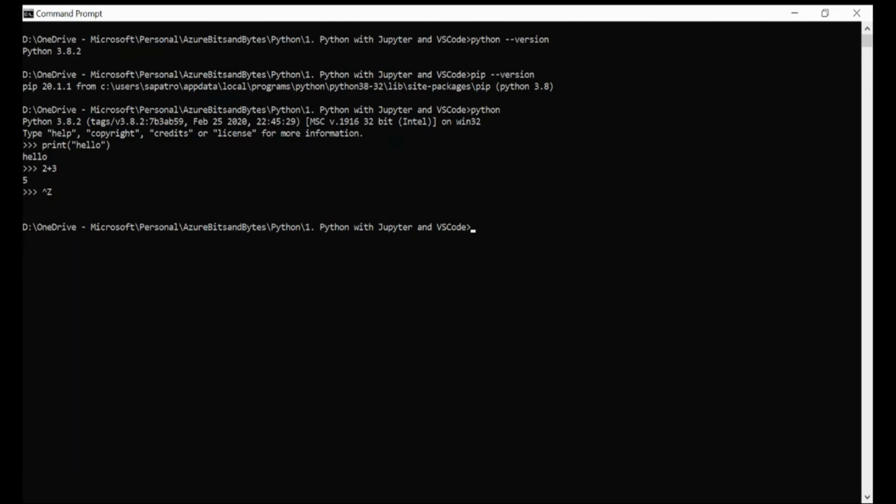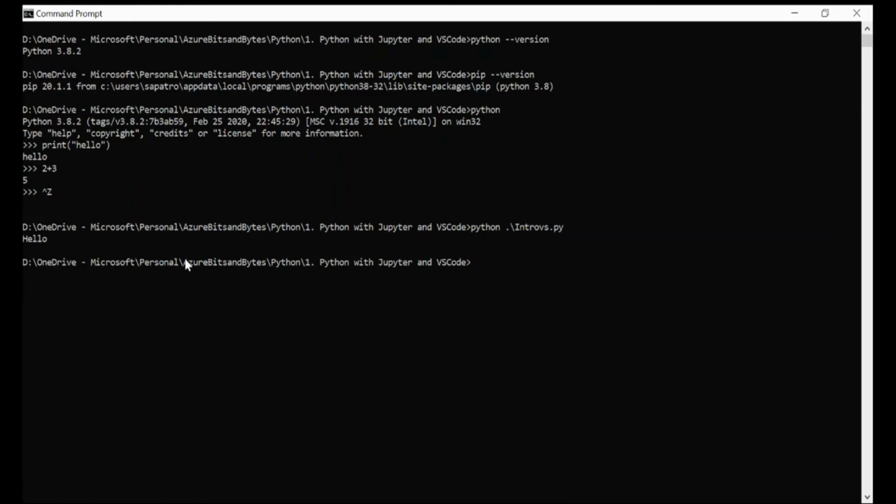And if my Python program is saved in a .py file, I would also be able to execute that by typing python and the file name in the same directory. Just type in tab and you would be able to browse through your files within that directory. And this is my Python program which I have kept in this file. So click on enter and I'm able to execute that program as well.